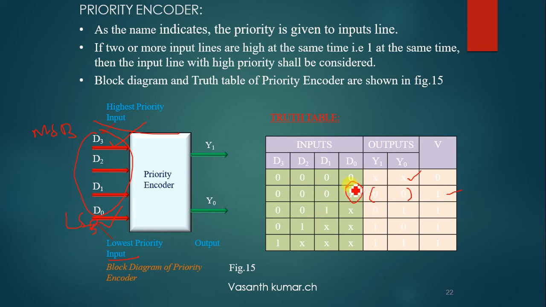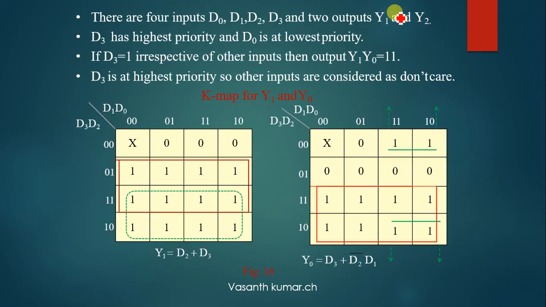Here, after finishing D0, D0 will be marked as X. That means after getting this D0, it will not be considered again, right? Similarly, for D1, the output will be 0 1. Similarly, for D2, 1 0. For D3, high, that is 1 1, right? So in all the cases, the combination logic will be providing whatever information is present here, right? So here you can prioritize D3 as the highest priority and D0 as the lowest priority.